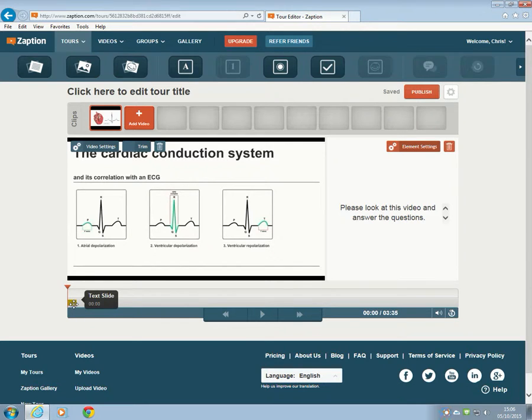You can see this bit here is the text slide, so it shows you how big it is in relation to the whole thing. So then if we press play,